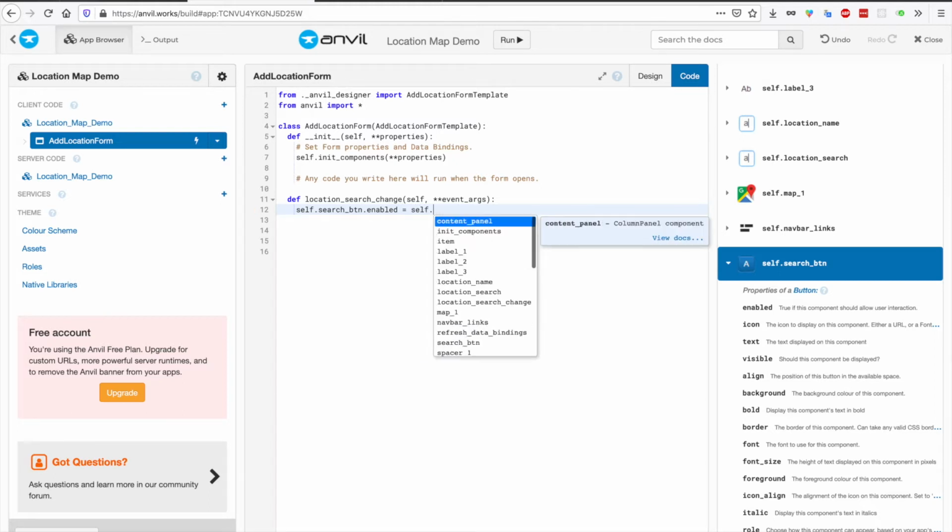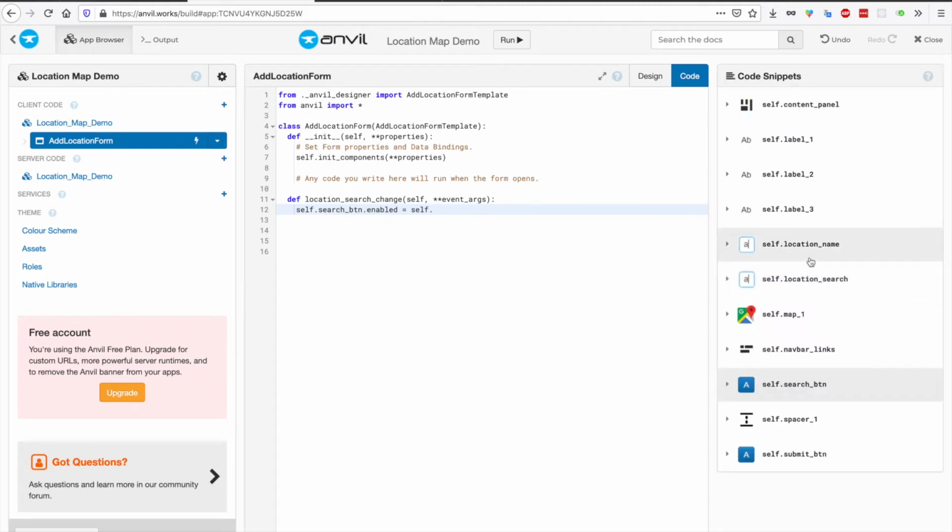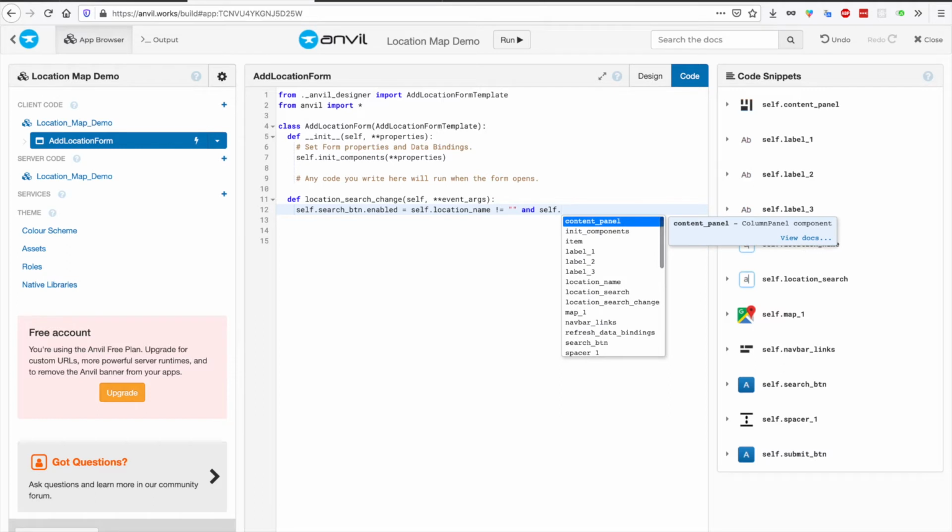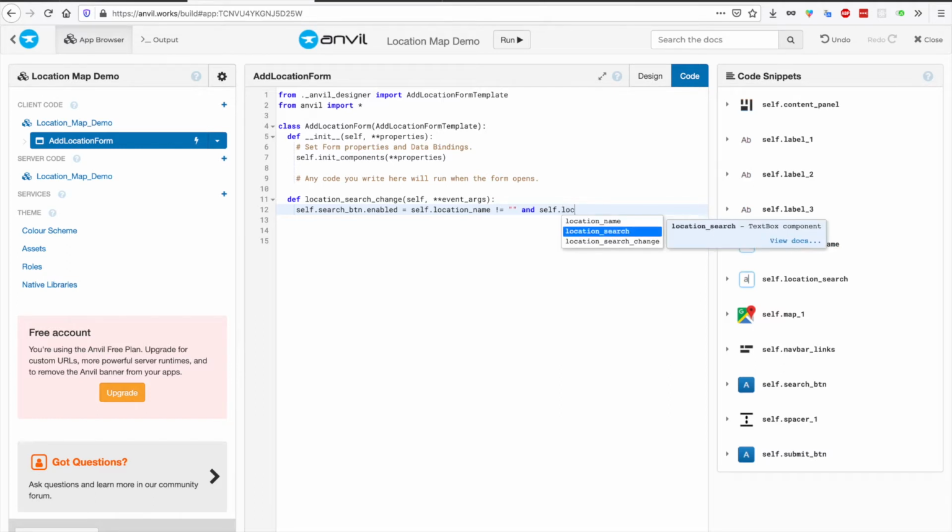So if I say self dot, then it's the location name. In fact, I want to do both of them, so I want them both to be filled out before I actually run the search. So location name is not equal to an empty string, and self.location search. I need to do .text,